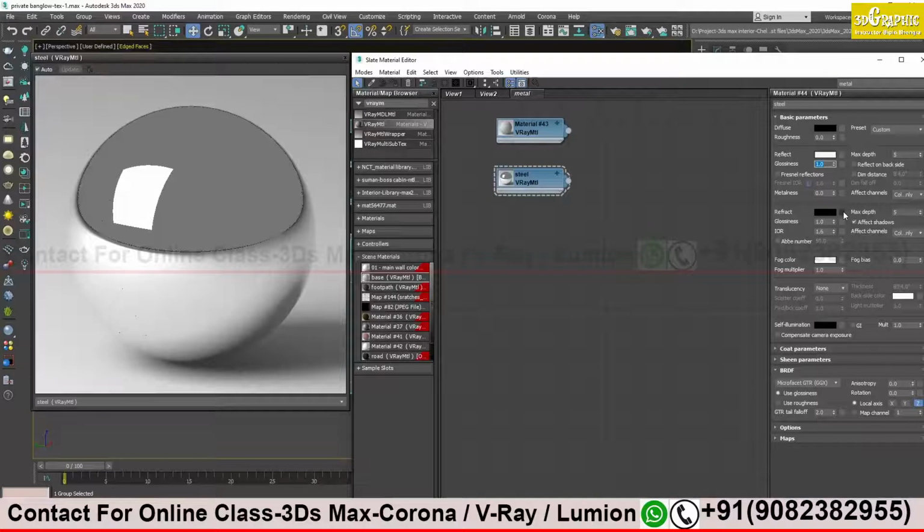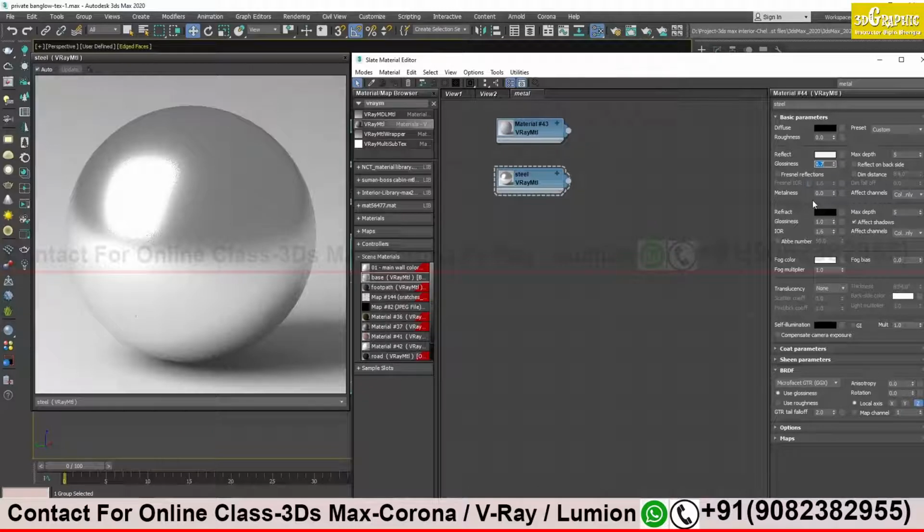It takes some time to update. You see, now you get a little blurry kind of steel. You get reflection, but you will not be able to make out what kind of reflection you are getting on your object. Don't take it very low.